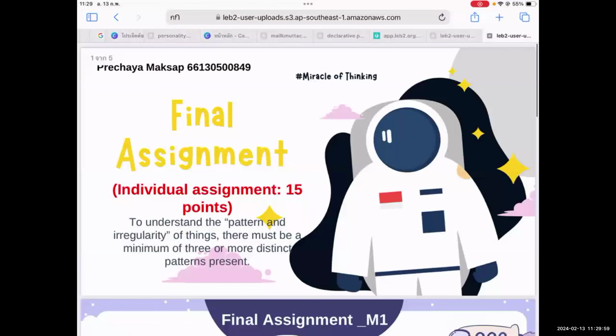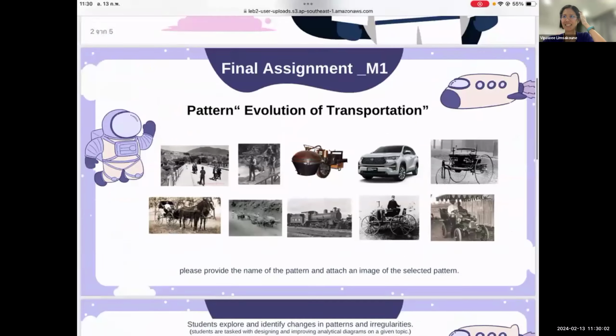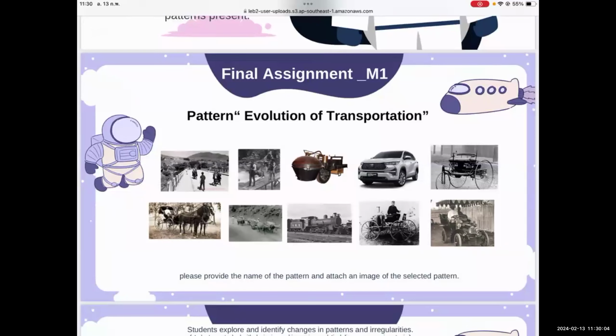อาจารย์เห็นสไลด์ไหมคะ เห็นแล้วค่ะ โอเคค่ะ